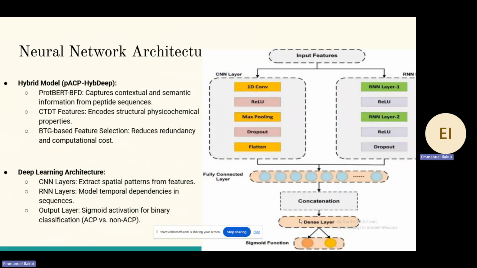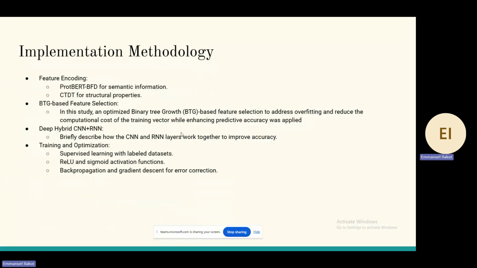Yes. So this is our architecture. We have the hybrid model, which captures contextual and semantic information. And then we have the deep learning architecture, which involves these CNN and RNN layers to process the data in order to give us outputs that we will ultimately use to